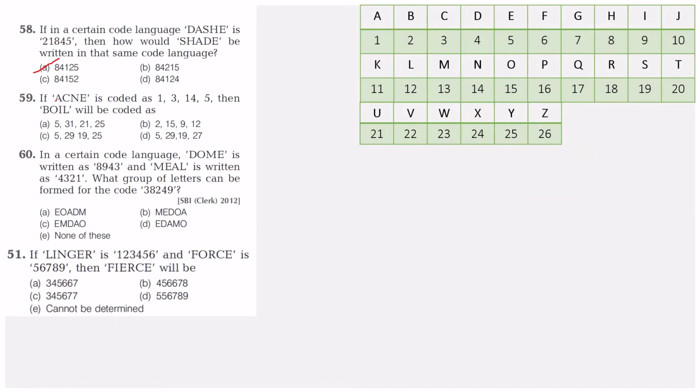So acne, 1 3 14 5. A stands for 1, C stands for 3, N stands for 14, and E stands for 5. So boil will be coded as. B is for 2. So B is unique. You can go for that also. And